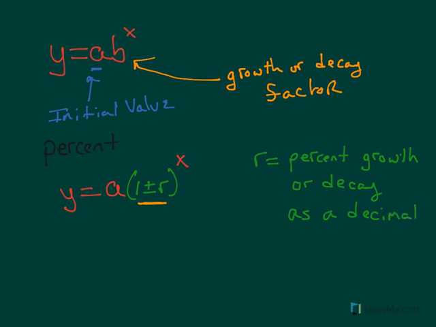So for example, if it was 5% growth, then 5% as a decimal, move the decimal 2 spots to the left. So it's going to be 0.05. And if we put that into our equation,